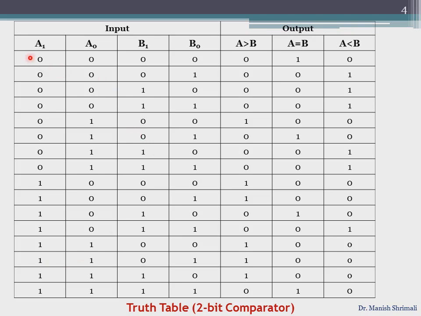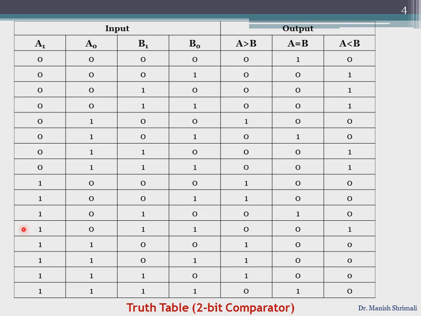So now let us see. From the very first row, it is quite obvious that A is equal to B is selected, and that is why 1 has been placed here. If we look at the second row, here the weightage is 1, so B is greater than A is selected. Here again the weightage of B is 2 and weightage of A is 0, so again B is greater than A is selected. Then if you have a look at this row, the weightage of A is 2 and the weightage of B is 0, so that is why A is greater than B is selected.